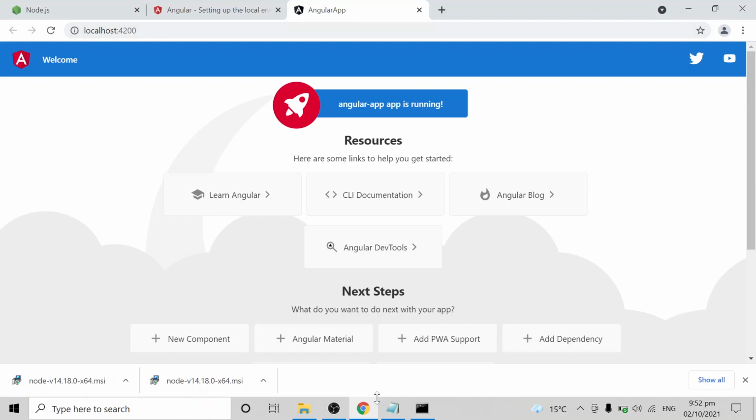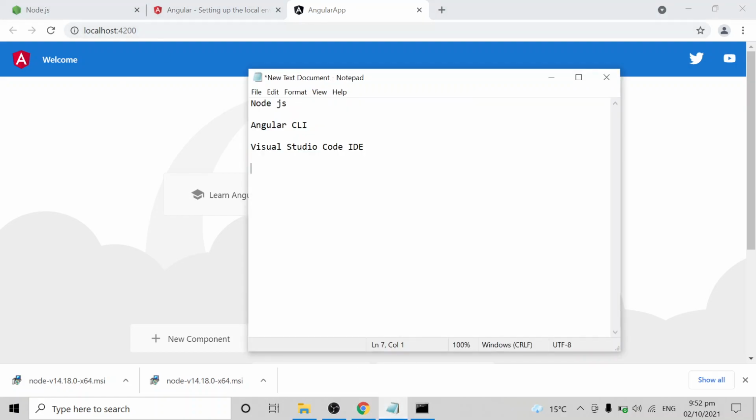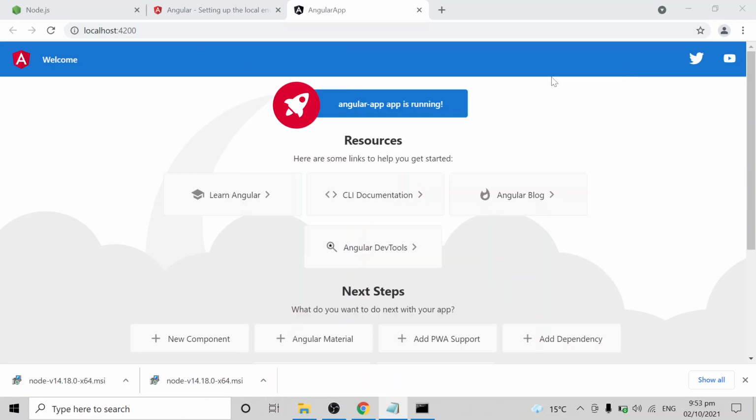If you want to change the port number, the command you can give is ng serve --open, which opens in your default browser, then --port equal to whatever port number you want to give. You can give 4201 or any number. So it will open that Angular application automatically in your browser with this port number. This is all about Angular initial setup. Now it has been run successfully. The next video will be about how to edit this Angular application and about the file structure and folder structure.